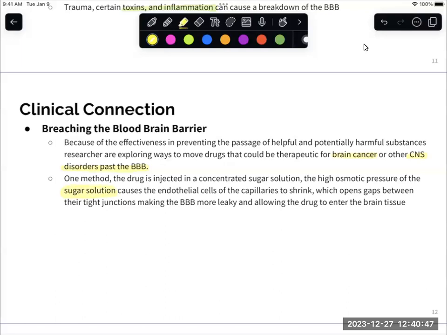So if they somehow put these drugs inside of glucose or sugar solutions, what they're doing is causing these endothelial cells of these capillaries to shrink. It's going to open the gaps between their tight junctions, which makes them more leaky and allows different drugs to